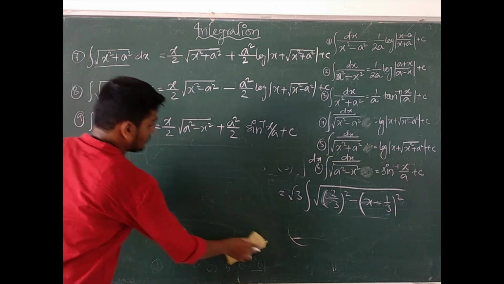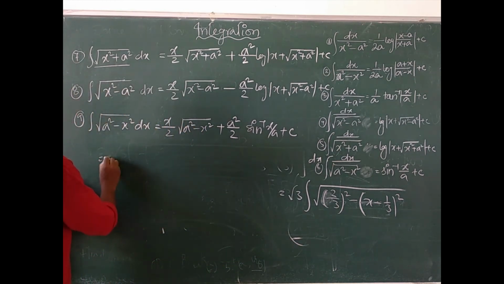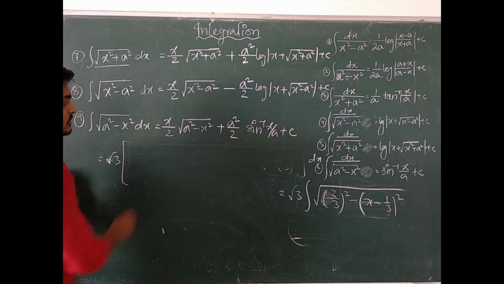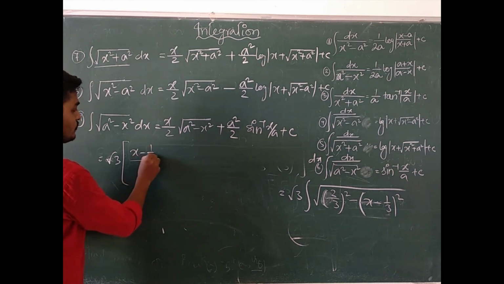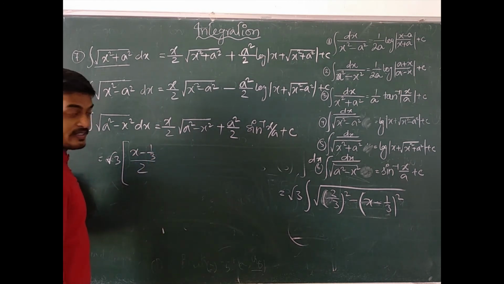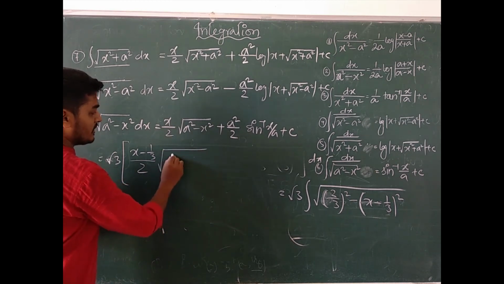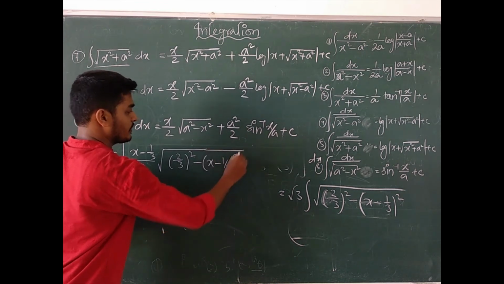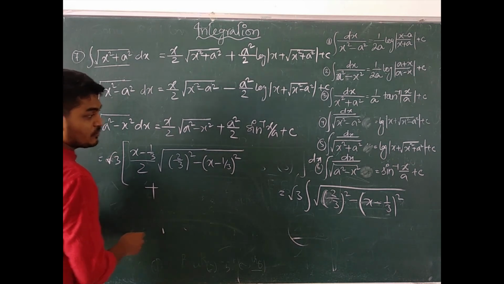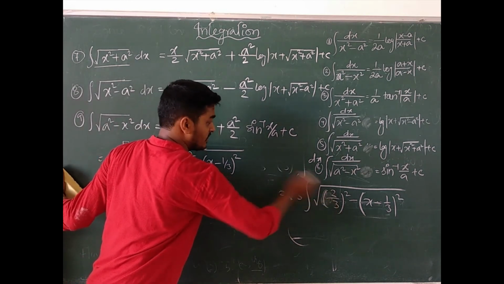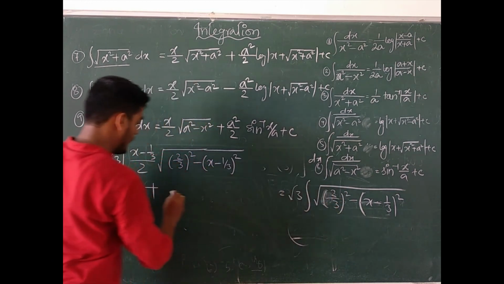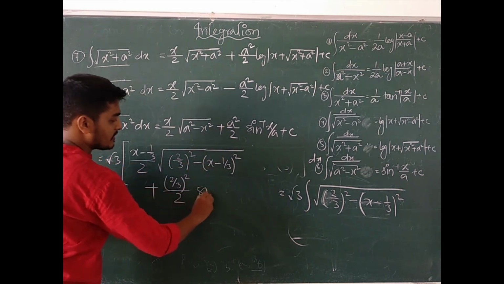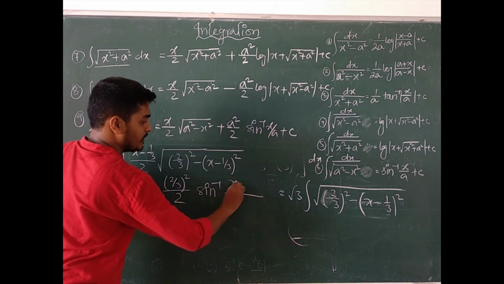So what is its integration value, root 3? Square root of a square minus x square. What is the formula? First of all, x by 2 means x minus 1/3 by 2, because x is equal to x minus 1/3. Am I correct? x by 2 square root of a square minus x square, that means 2/3 whole square minus x minus whole square, correct, plus a square by 2. What is the value of a here? 2/3, so a square is 2/3 whole square by 2. Am I correct? a square by 2 sin inverse x by a, means x minus